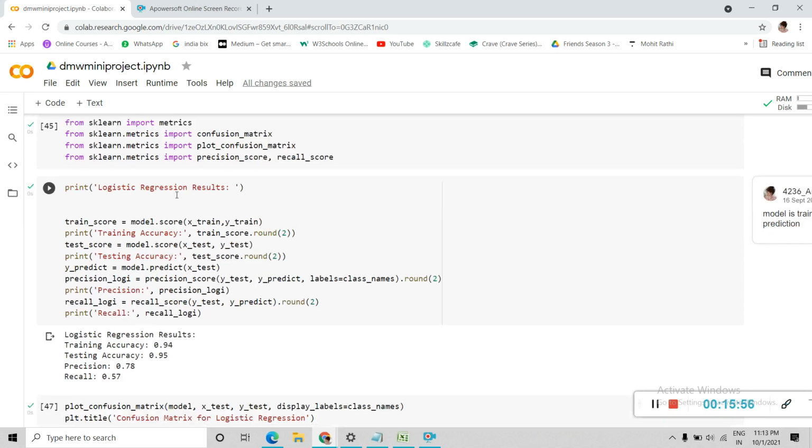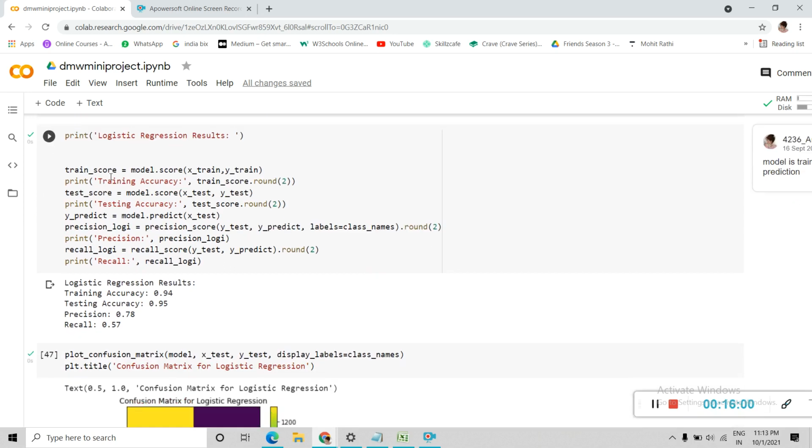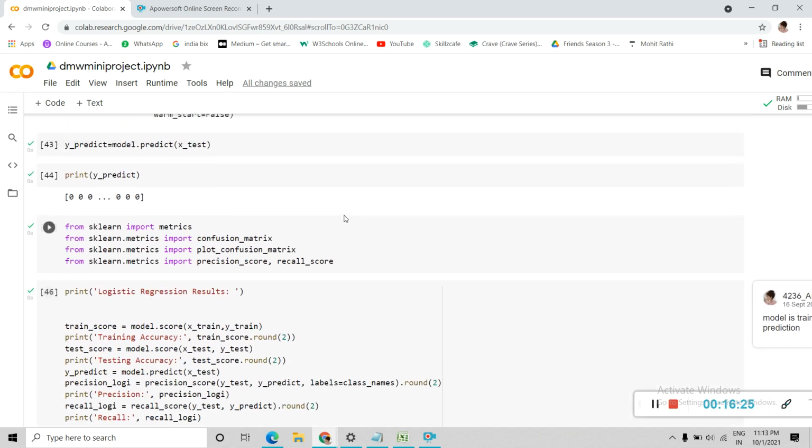For plotting the logistic regression results, for getting the training accuracy, first of all we'll give the X_train and y_train data frame to train score using model.score. Similarly, for testing accuracy, we'll give it to test score, and for predicting the precision, we'll give y_test, y_predict, and labels, that is the class names that we've seen earlier.